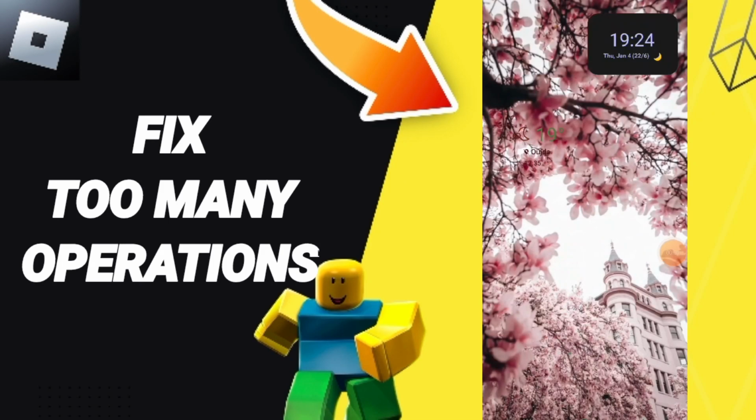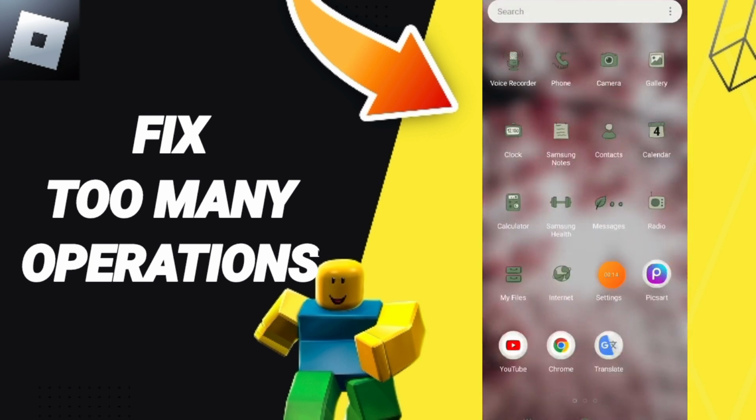Hi everybody, today we'll talk about how to fix or how to solve the problem of too many operations on Roblox. To know how to fix or how to solve too many operations on Roblox, you should just go to settings